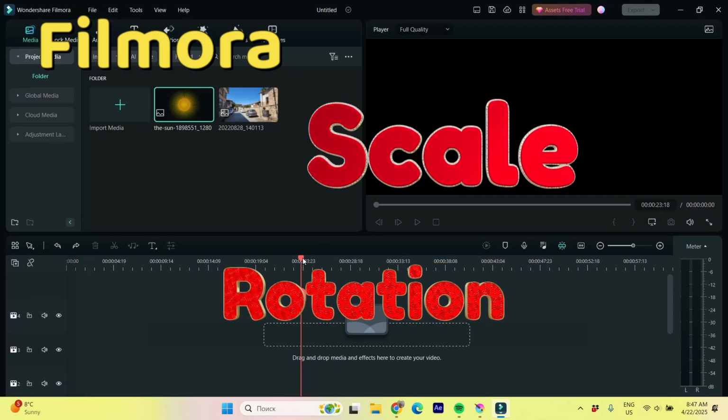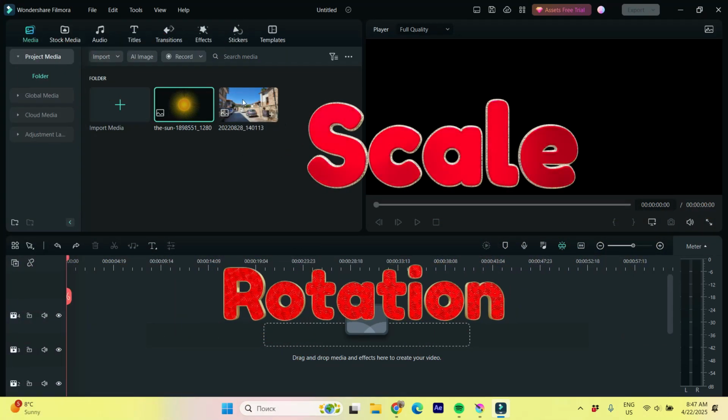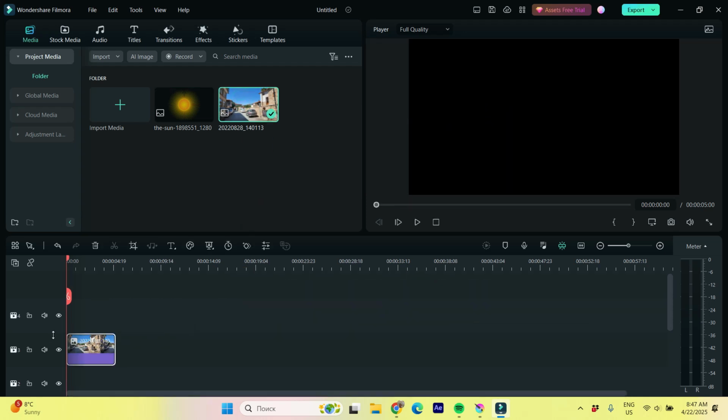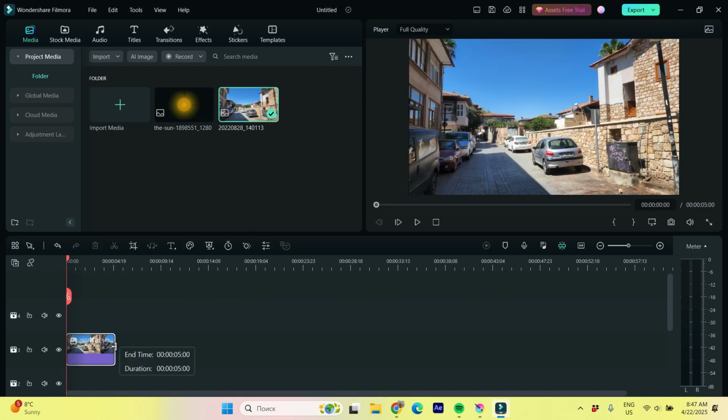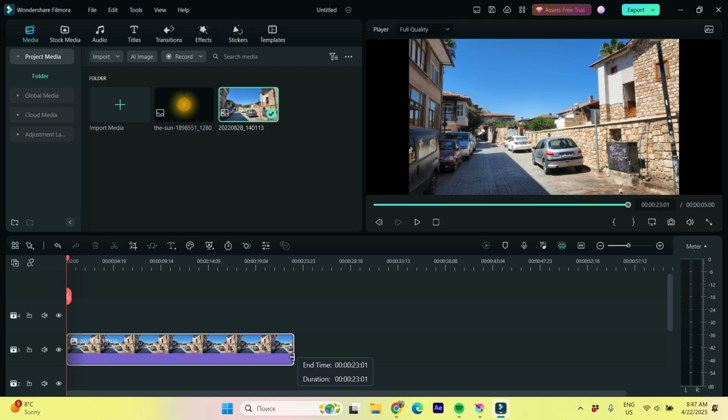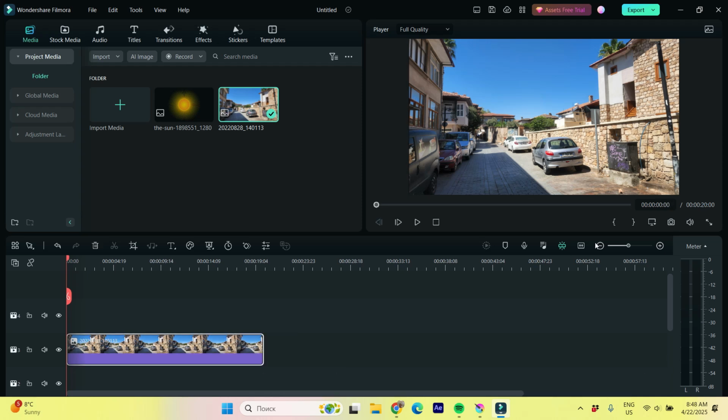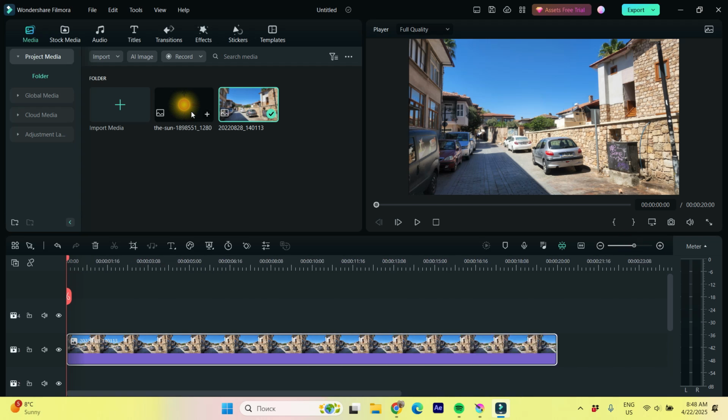And let's see today how to do very easy animation. For example, I have some background. I'm extending the length of this image from 5 seconds until 20 seconds, for example. Let's zoom in a little bit. And I have